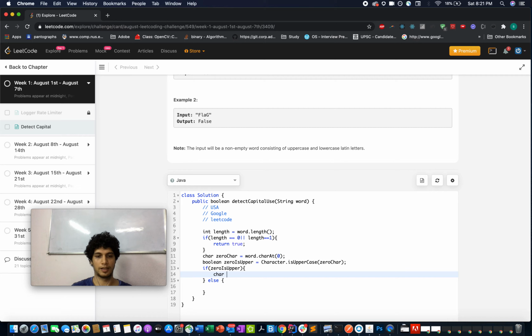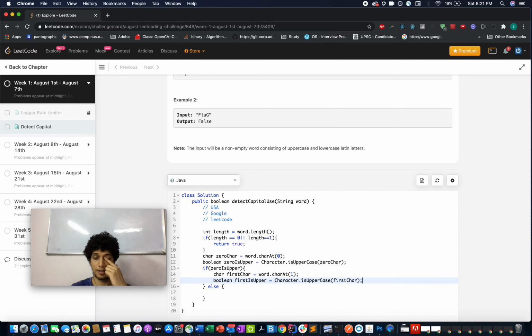So let's extract the first character. First character, word.charAt(1), and let's check whether the first character is upper or not. Copy pasting the word code, replacing it with the first character, and then let's iterate through the loop.